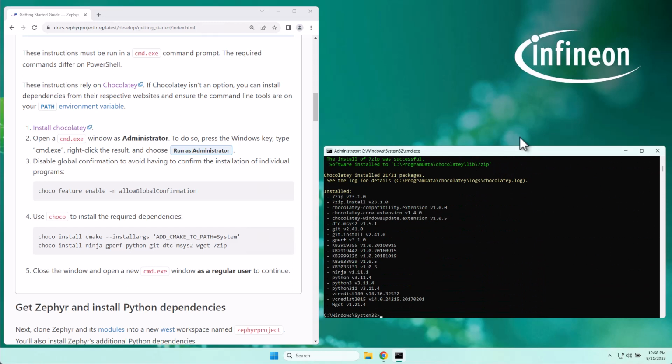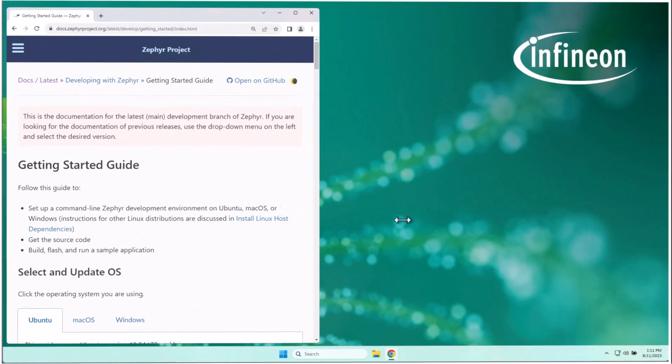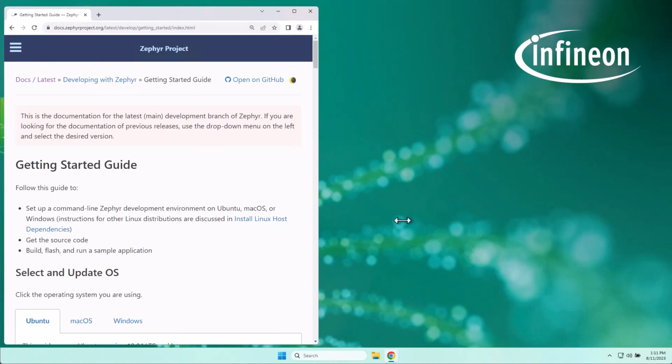Once the installation steps complete, we see that a number of applications have been installed. At this point, I would highly recommend restarting your computer. The steps detailed in the Zephyr Getting Started Guide don't call this out, but I found that many of the programs, particularly Python and West, just did not work correctly until after a full Windows restart. Now, with Windows restarted, we can return to the Getting Started guide to complete the next steps.